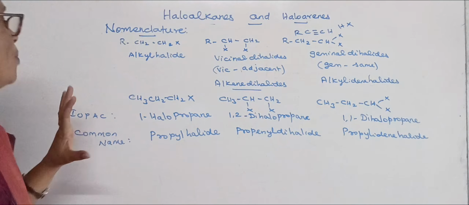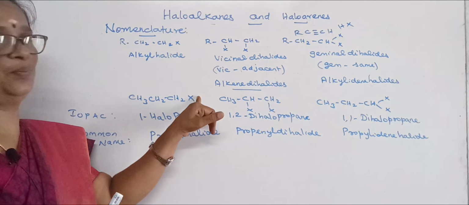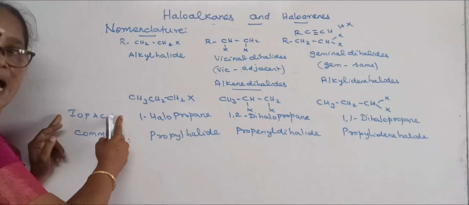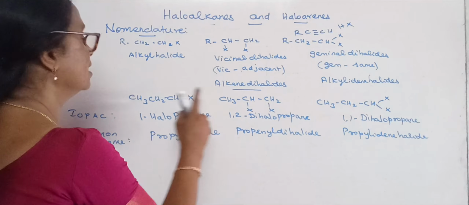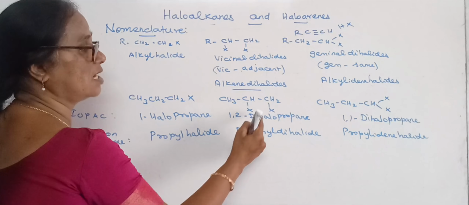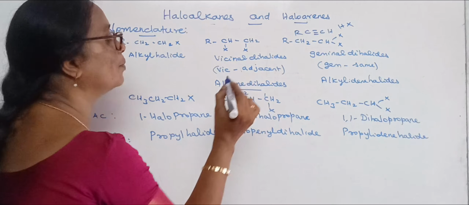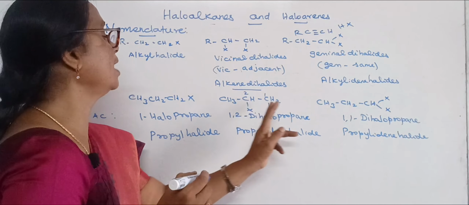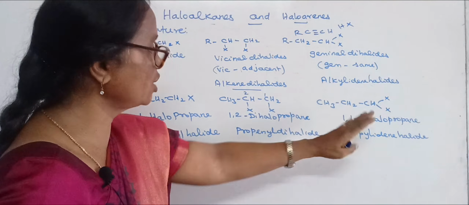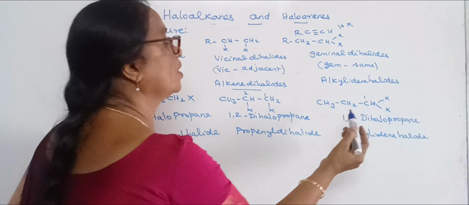Let us take a proper example. I have taken propane in which one of the hydrogens is replaced by halo. Name is 1-halopropane as far as considering IUPAC name. And here the same propene I have taken which undergoes addition reaction of halogen that makes the position of halogen at the first carbon and the second carbon. So the name is 1,2 dihalopropane. And the next one, I may find both the halogens are on the same carbon. So it says 1,1